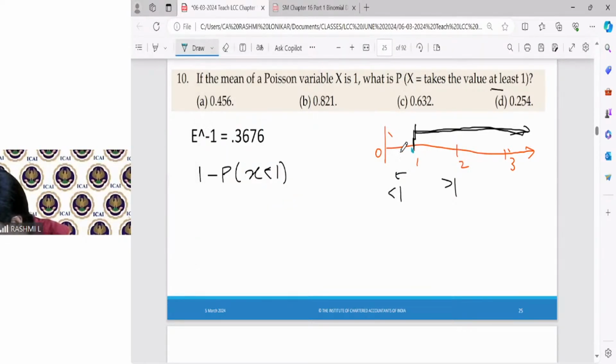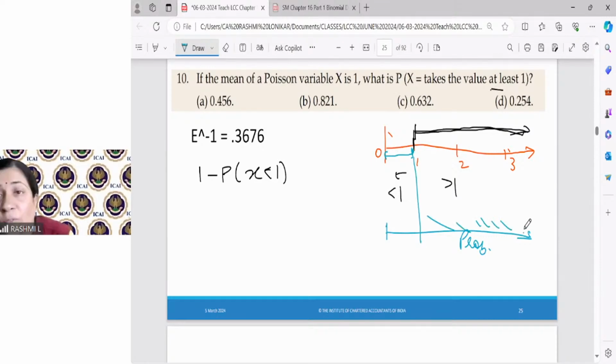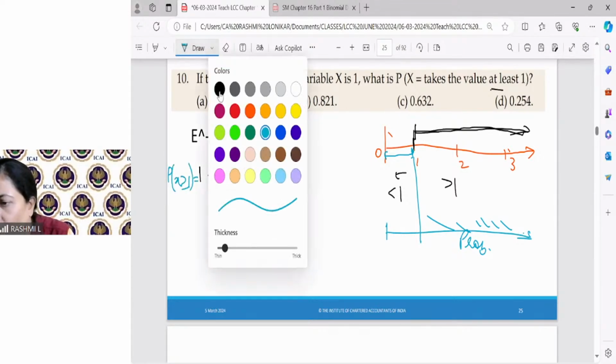Up to 1, from here to here, this is my total probability. Out of that, I remove this portion. If I remove this portion, that is the answer I need. So my probability of x greater than or equal to 1 is equal to probability